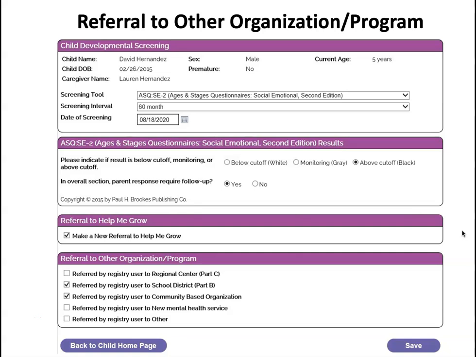In the registry, there is an opportunity to track if you've made referrals to other organizations or programs. With this Cerner feed, because this referral to other is not built out in Cerner, it's not something that can automatically feed into the registry. But if you are making referrals to the school district, regional center, another community-based organization, or new mental health service, or something else, because this is a shared communication platform, it would be beneficial for you to, again, log into the registry and complete this manual feature if possible, just to communicate to other users that you maybe did make